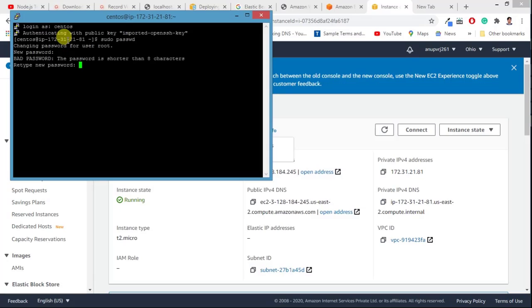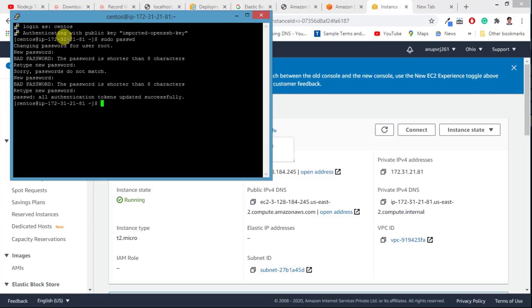So I am setting one password, and the password is updated successfully. You also set up the password and make sure you remember it, otherwise again you are going to suffer a lot to reset the password. So make it an easy password. Now once we have done it, let us come in as an admin. So how to come in as an admin? Type su and then root, because root is the admin, and then here you have to type the password. So the password is